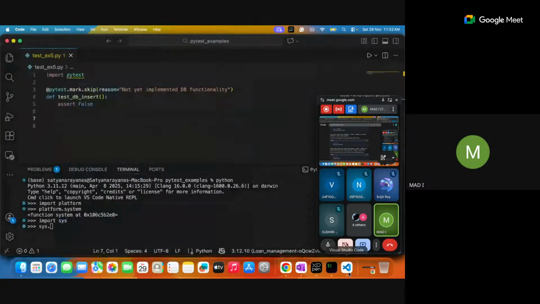Yeah, sys.platform. Sorry, right? Platform. Yeah, it's Darwin because my particular system is macOS. Okay, now got it. Yes. Now what I do here is